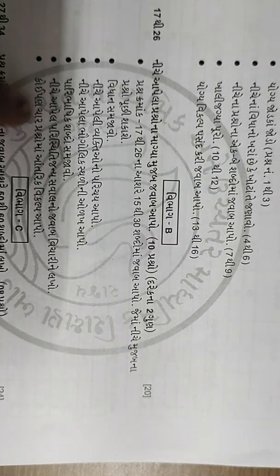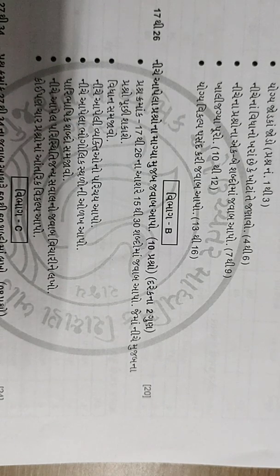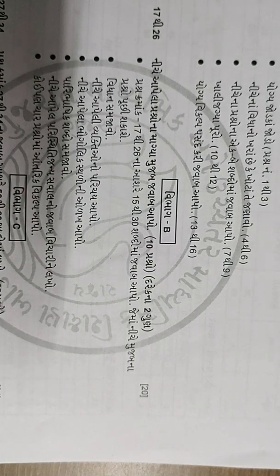Now here you will get options. There will be 4 questions with an or, which means there are a total of 4 questions in which you have an option available, so you will get a choice.